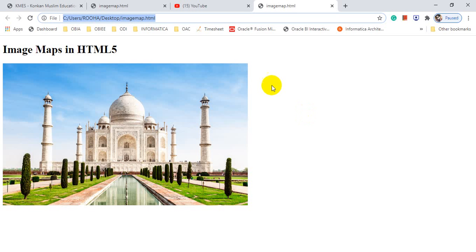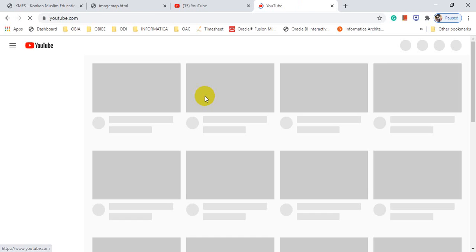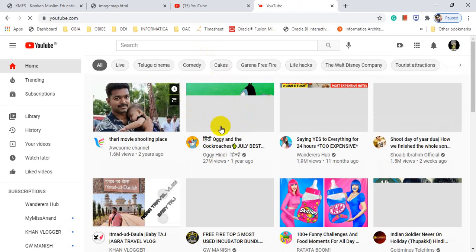Now this is your image mapping. When I click there, this will open KBS. When I click there, this will open Facebook. When I click there, it will open YouTube. Let me click on tab. It will show the first one, then the second one, and when I click tab, it will show the third one. See, this area is nothing but a circle. When you click on that particular area, it will open your YouTube account.